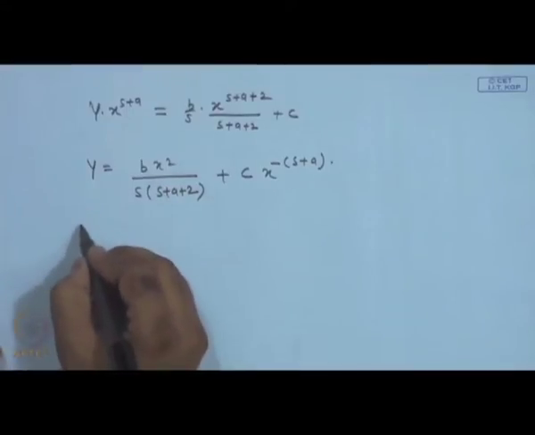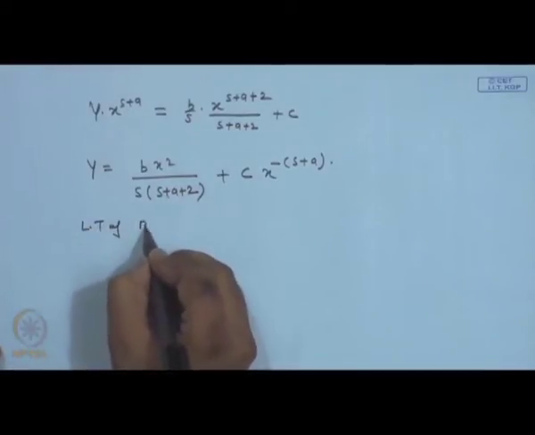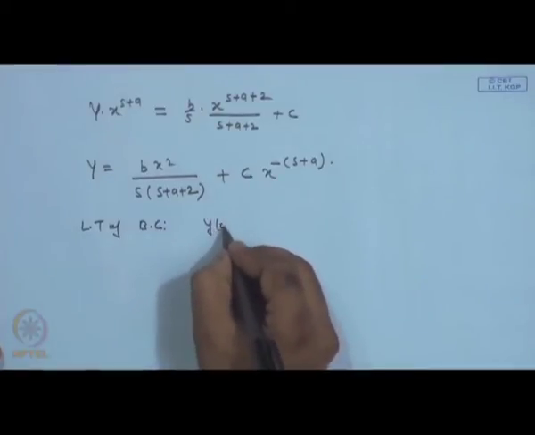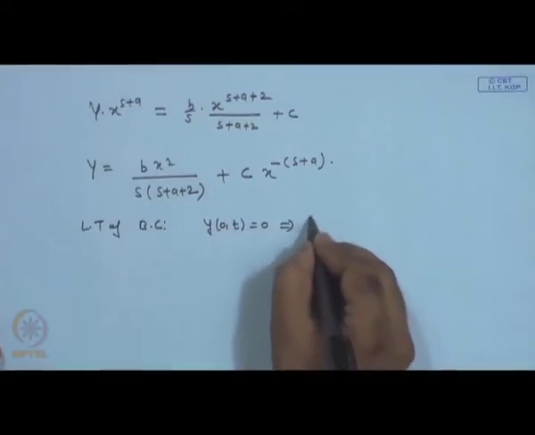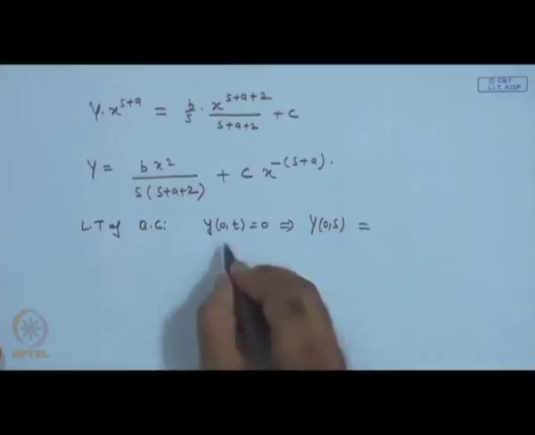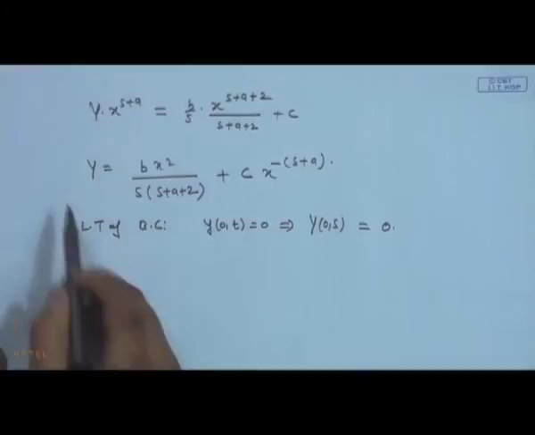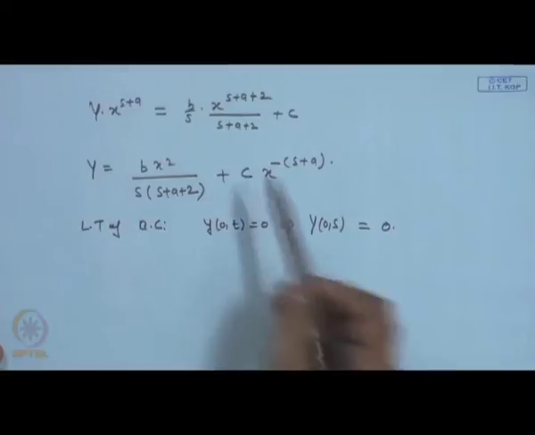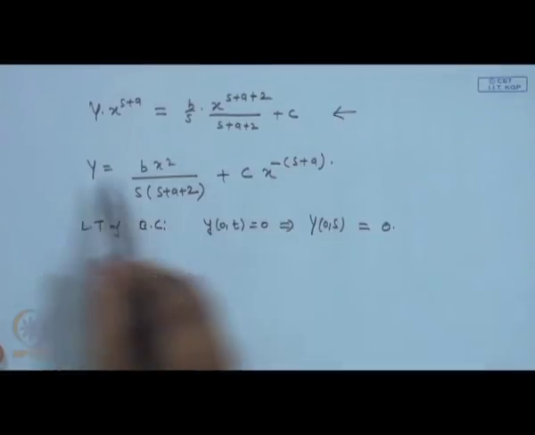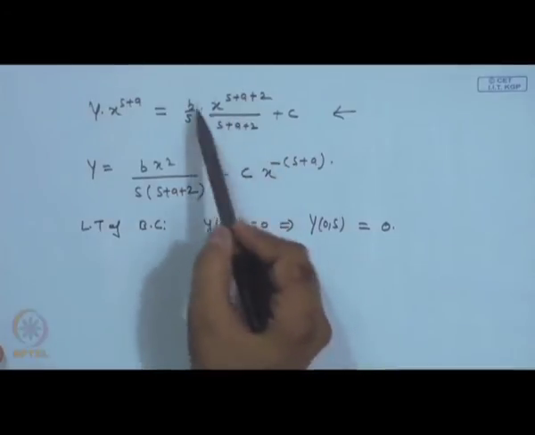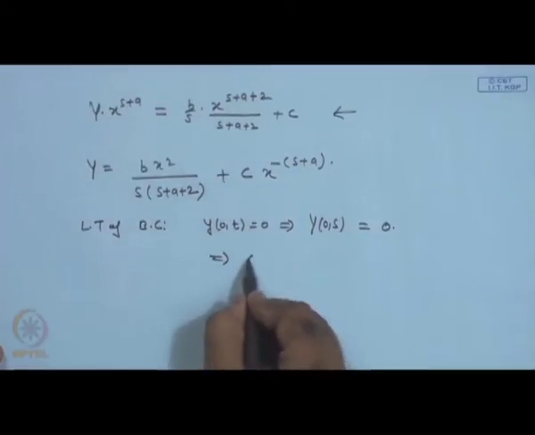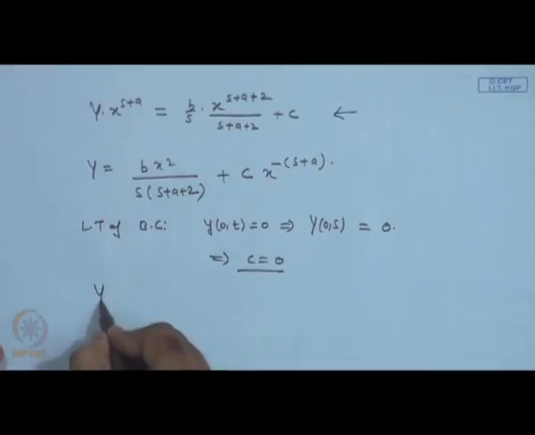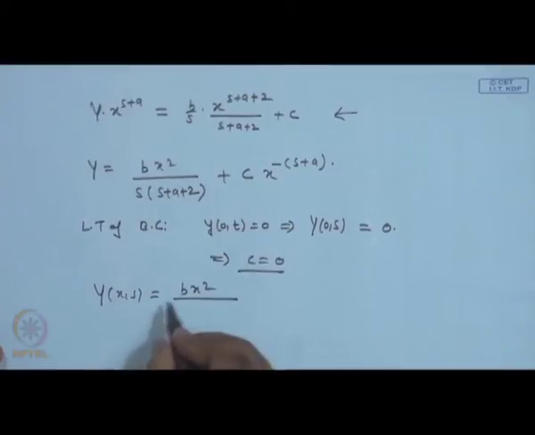Now, we take the Laplace transform of the boundary condition, and the boundary condition was y 0 t is 0. So, here we get y 0 s is again 0, and then we see that x is equal to 0, this is 0. In fact, we can just easily see from this equation, when x is equal to 0, this term is 0 and this is 0, c will be 0. So, this implies that c is equal to 0. So, our y x s is b x square over s and s plus a plus 2,